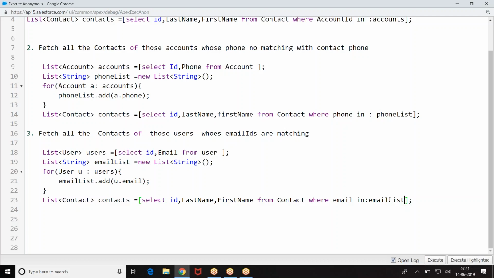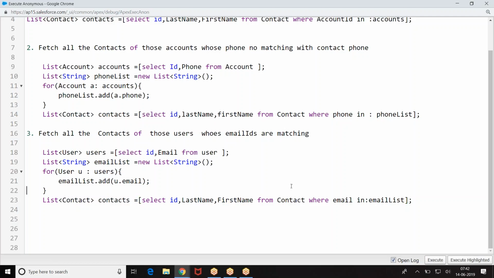These are ID fields. The rest of the fields are non-ID, like number, currency, text, date, time. Which fields will hold the ID of the record? A lookup field, a master detail field, or in the record there is a field called ID, which will also hold the ID. These are only three fields. Am I right? The rest of the fields will hold values. Okay? Right, boss?